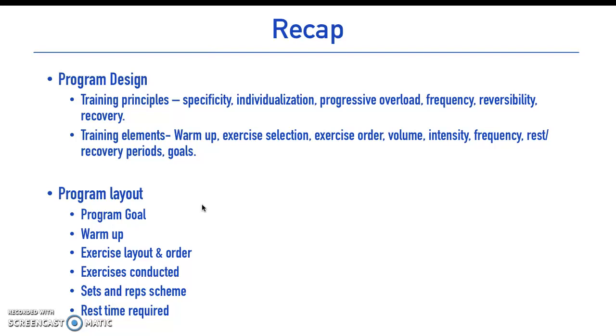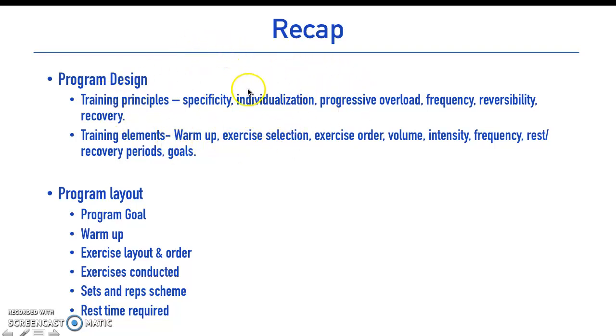So a quick recap based on the things that we did last week. We talked a lot about our program design and what we need for program design. So we had training principles, so specificity. Is the program specific to the sport that you are doing? And are the exercises that you have chosen, do they correlate to the exercises or the sport itself? Then we've got individualization.